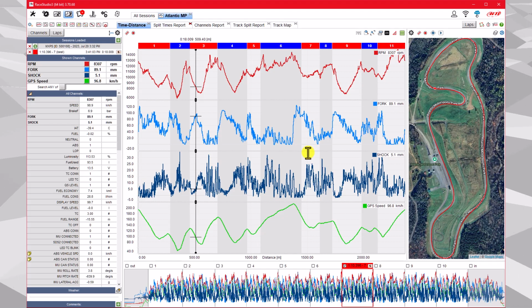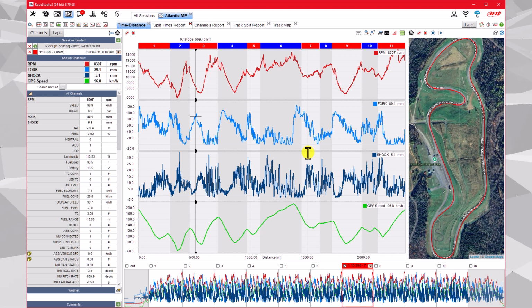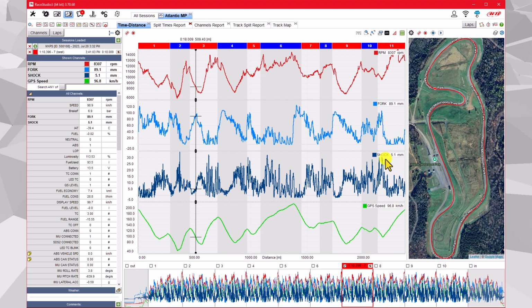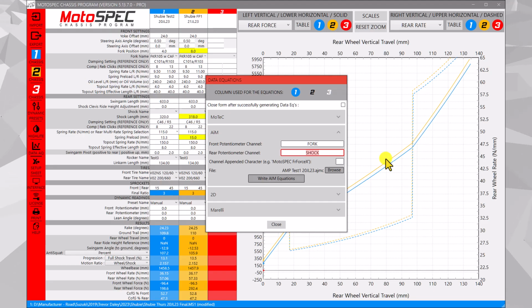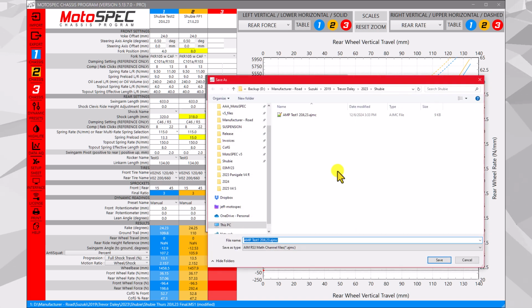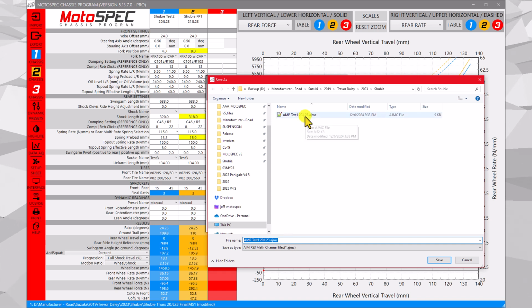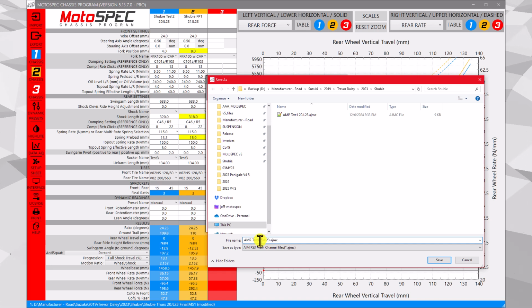So going over to Race Studio 3, we can confirm that the math channel names are fork and shock, all in capitals. We can then select the name for the math channel file. You can see that I already have one math channel file here for Race Studio 3, which has an AJMC extension. Since I'm going to be writing the math channel for test 2, I'll change the number and then hit